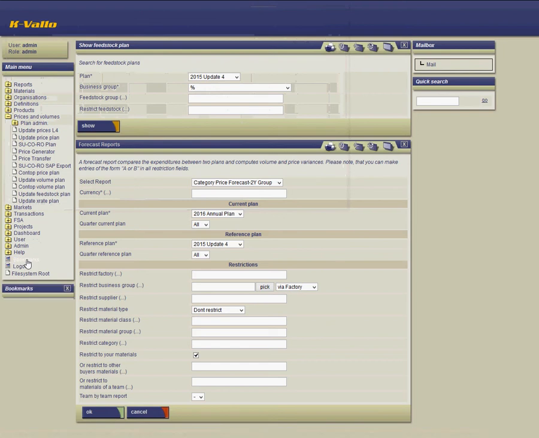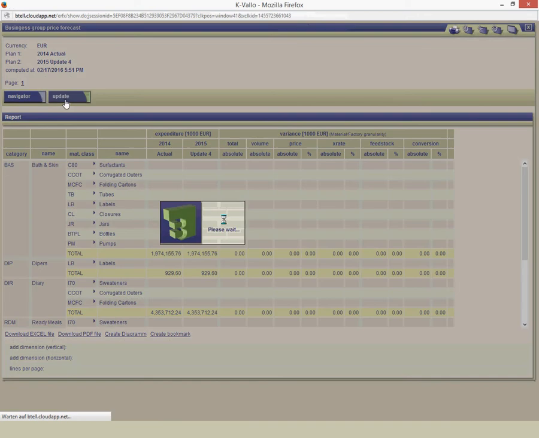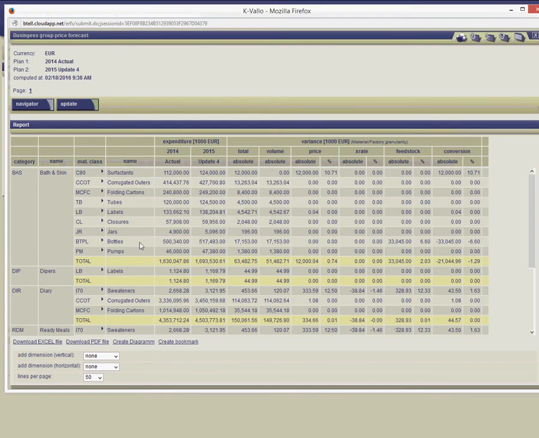And if we run our report, we will see that again. And we will take this for the negotiation with the supplier. So we can see here the bottles increase by 6.6%. The prices have stayed the same, but they will not. And that means we have a 33,006% increase